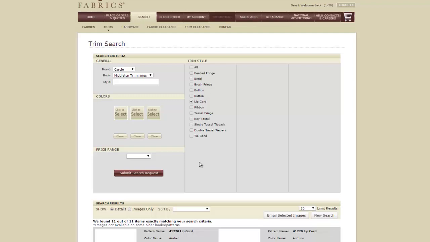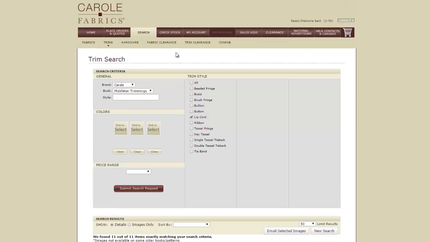So at this point, we've looked at my account, kind of how to manage it, set up different people on the computer if we need to, check stock, all the different things that are involved there. A lot more than just checking stock, a lot of features and benefits you can derive from that. We looked at search, but now let's go into what really sets Carolenet, this website, apart from all of our competition, we feel. And that's the ability to go in and order made-up, fabricated, custom products from Carol Fabrics. So, for example, if I clicked on that tab and then I click Custom Products,